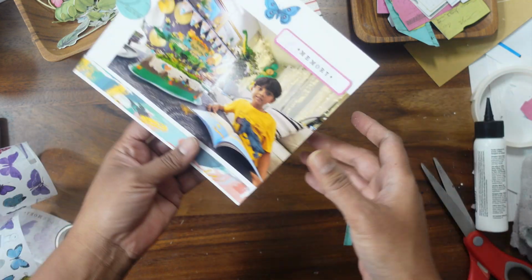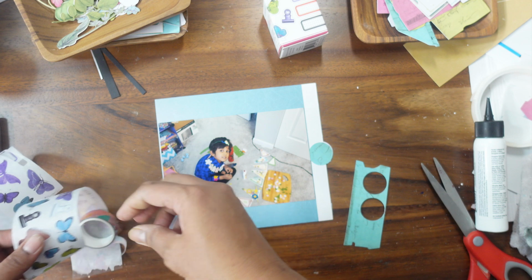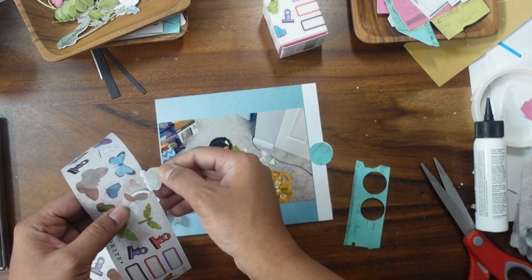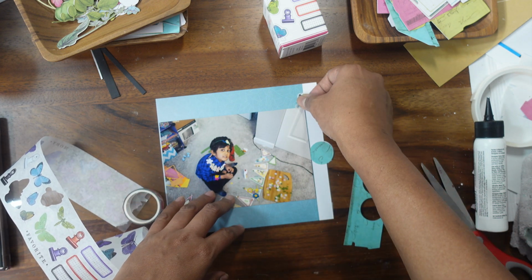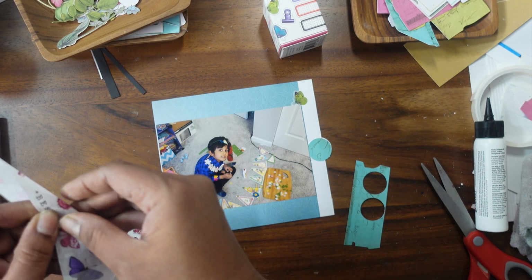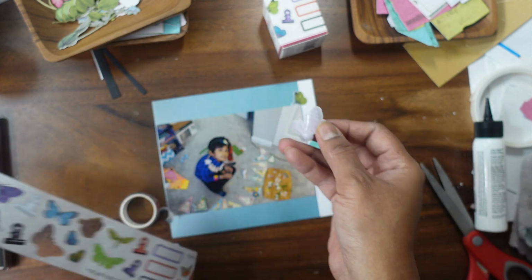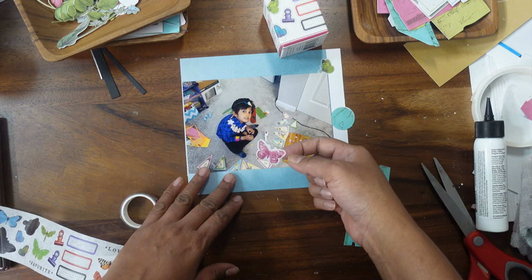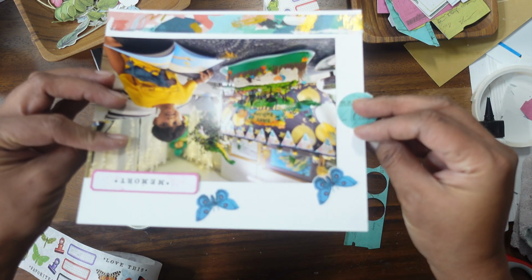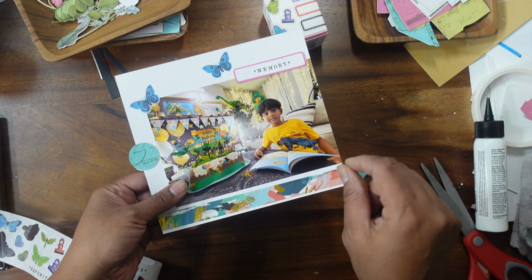And then we can slide this in here also. You can add more colors, more butterflies, you can do whatever you want. I just want to give you an idea how you can utilize and get more space. I just want to show that you can use any stickers, by the way. You don't have to buy this butterfly kind of thing, but you can use any stickers and decorate if you want. If you don't want to decorate, you don't have washi tapes, you can use just a